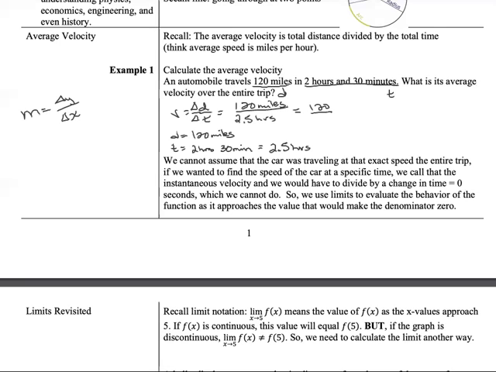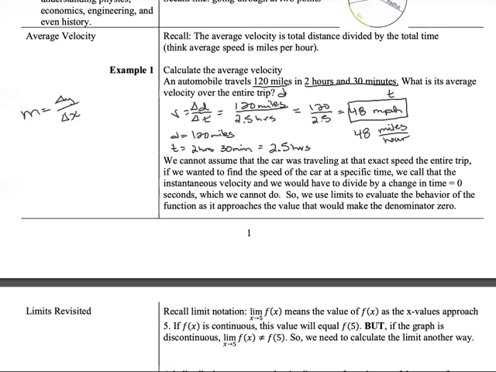120 divided by 2.5 gives us a value of 48 miles per hour. MPH for miles per hour. You can write this as 48 miles per hour means the same thing. Per means division. Okay. Now, just because we traveled at an average of 48 miles per hour does not mean